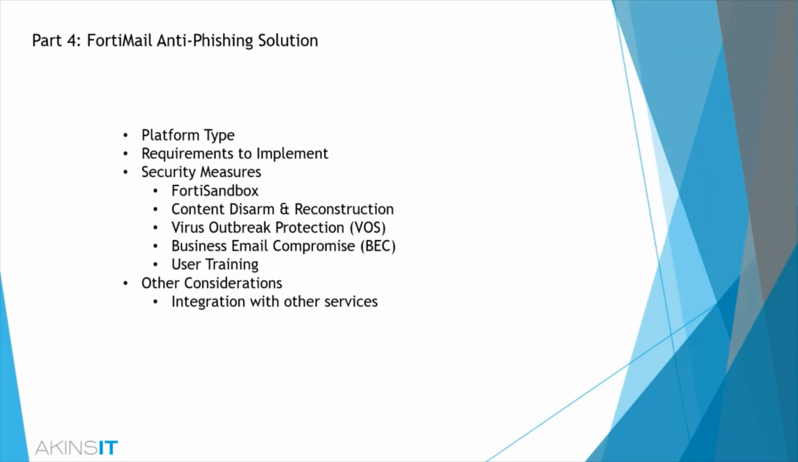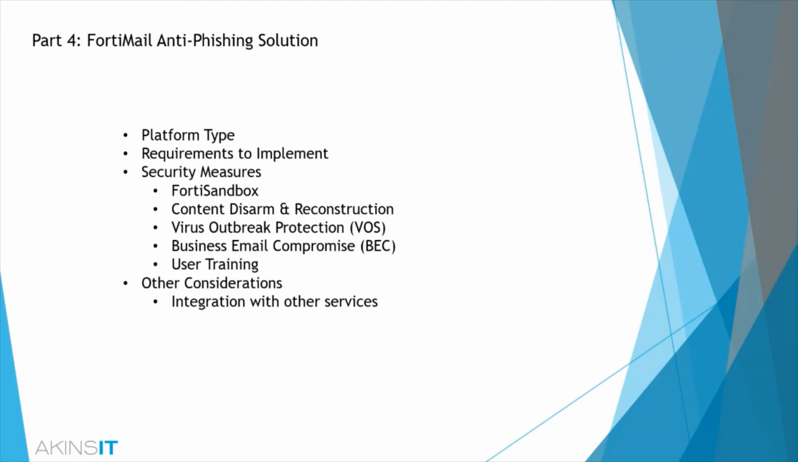In part 4 of this webinar, we're going to be reviewing FortiMail's anti-phishing solution and how Fortinet is able to protect your organization. We'll be reviewing platform type, requirements to implement, security measures such as FortiSandbox, content disarm and reconstruction, virus outbreak protection, business email compromise, user training, and other considerations. One important facet to consider with FortiMail is the power of telemetry between other Fortinet products, which is referred to as the Security Fabric. You'll hear me reference this